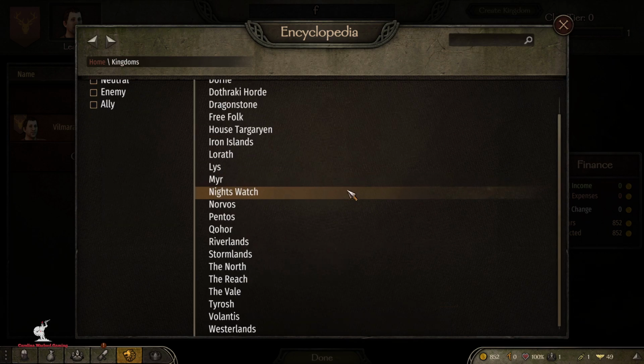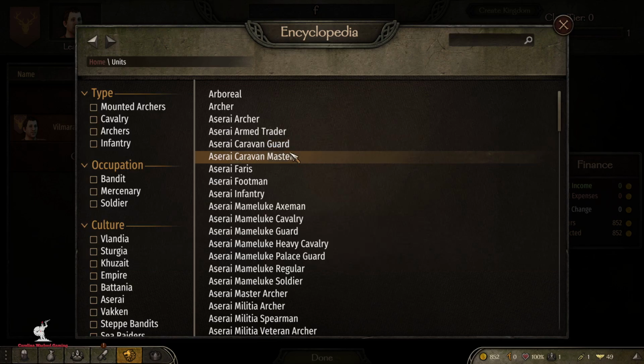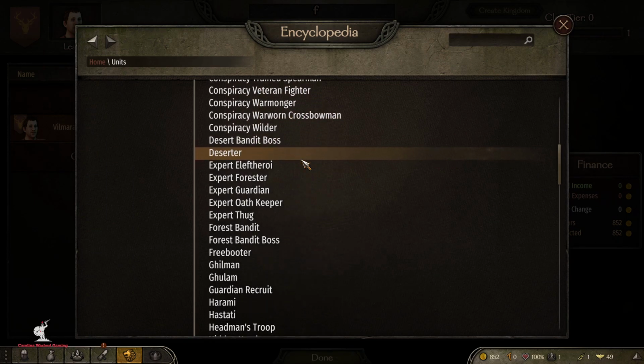Anyways, who's last? I don't really care about anybody else. Okay, that's it for looking at the NPCs. We're gonna close this video out. We're gonna check out my troop tree that I've been working on,